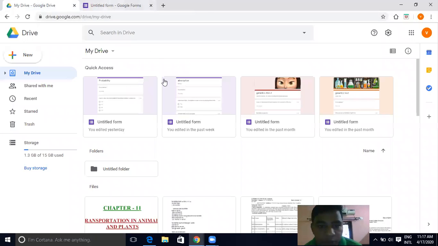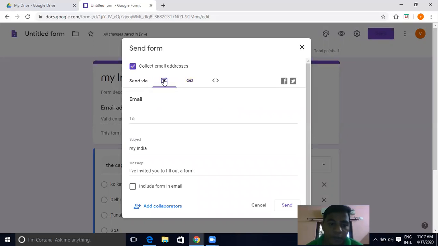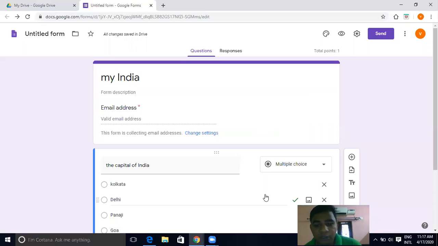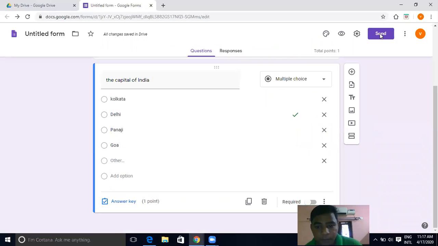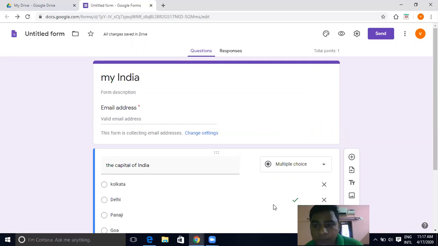I'll just show sharing through Gmail. Once on Gmail, you can take it on your mobile, and also Facebook, different methods are there. And then you can share it with your students. That's all.